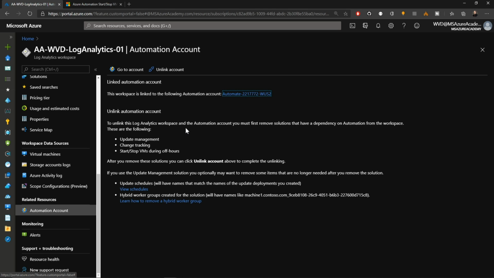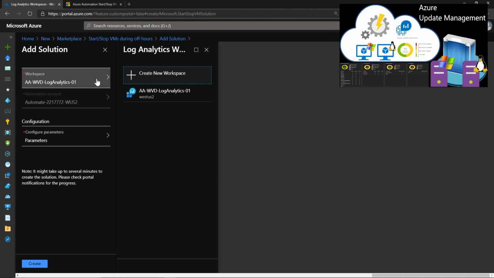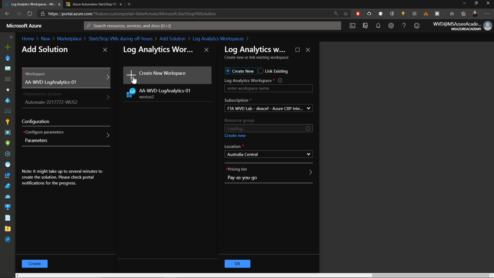workspace. And you do this when you're using one of these three solutions for update management, change tracking, or starting and stopping your VMs. Now this particular one was set up when I did our video on update management, which you can go check out at the top right if you missed that, but I want to show you this process from scratch today. Back in our build, we'll click back on the workspace and we'll go to create a